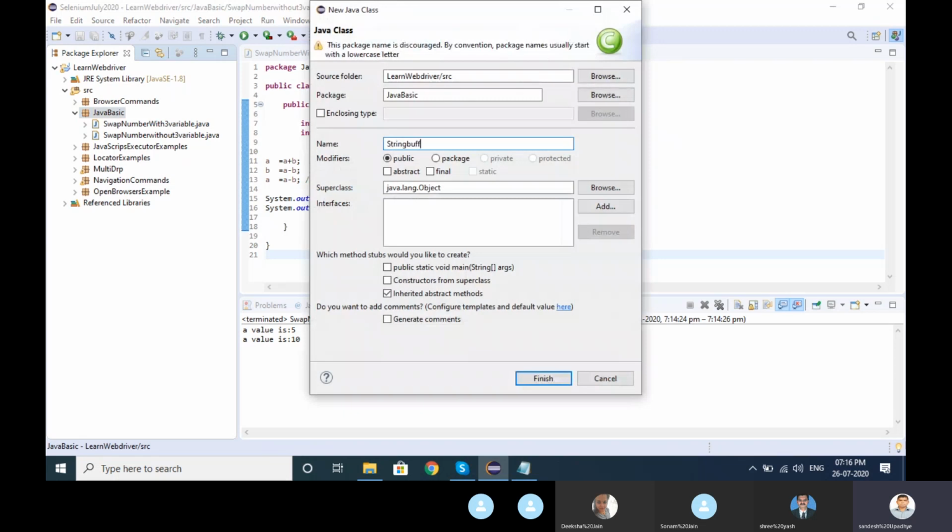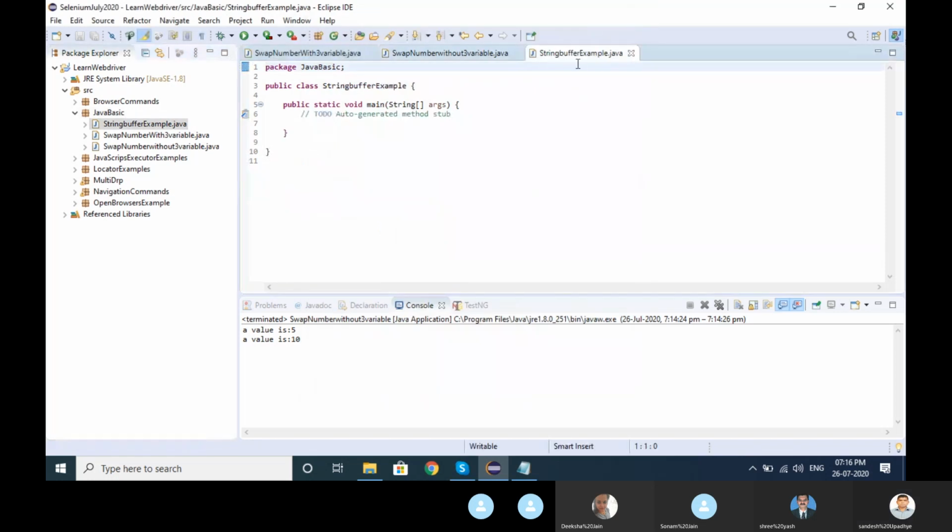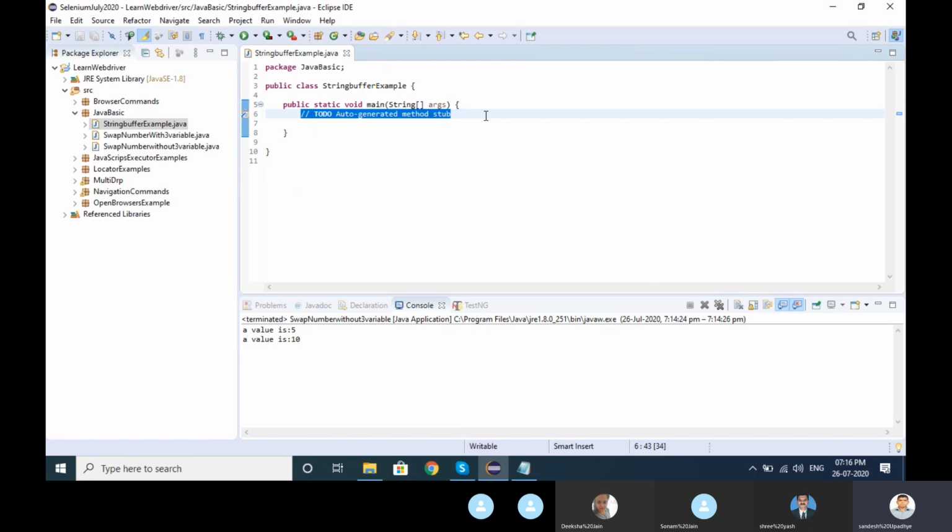String buffer example. Let me close the others. I told you that to manipulate a string we require string builder or string buffer. Manipulation means insert, update, delete, whatever operation we want to do.